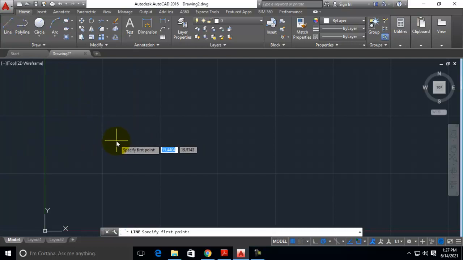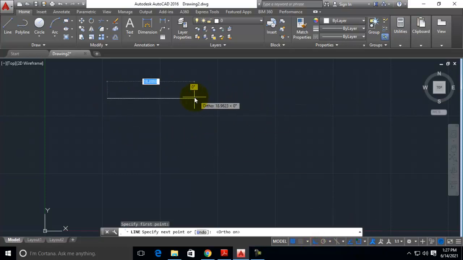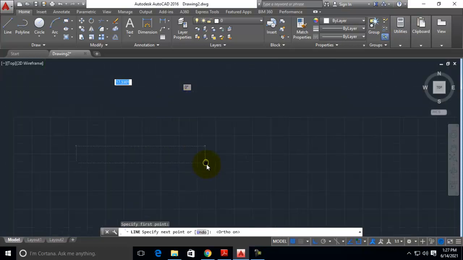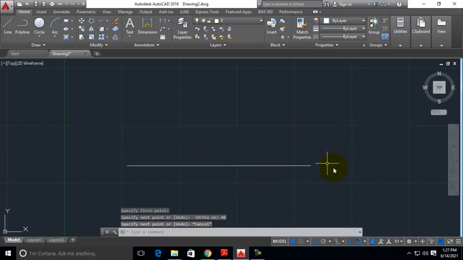First of all, switch on ortho mode for drawing a straight line. Since it is an equilateral triangle with all sides 40 units, draw one by one: first a length of 40 and angle of 0. Press enter, then switch off the ortho mode.